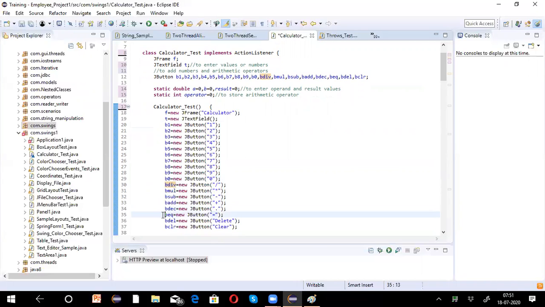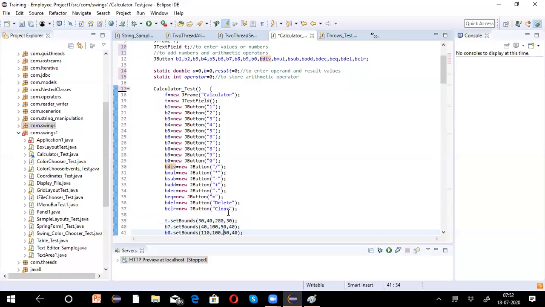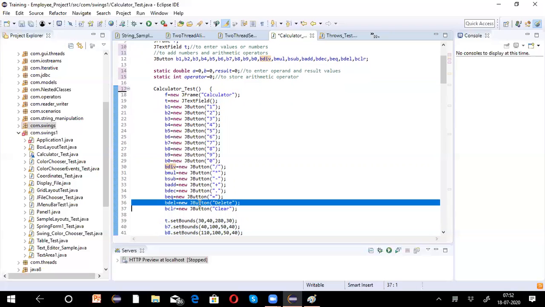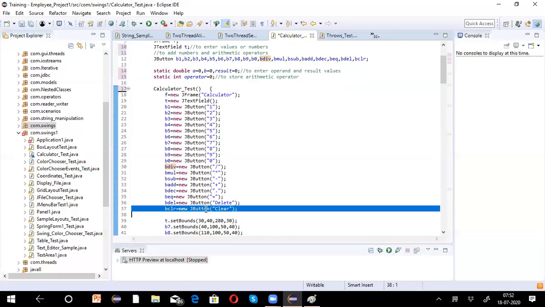And to represent assignment, after performing arithmetic, in order to assign the value, we have to use the equal to operator, and to delete the values, we have taken one button, and to clear the values, we have taken one more button.